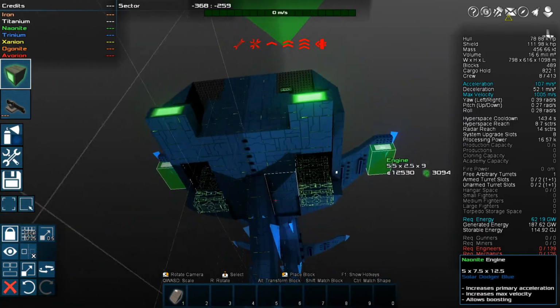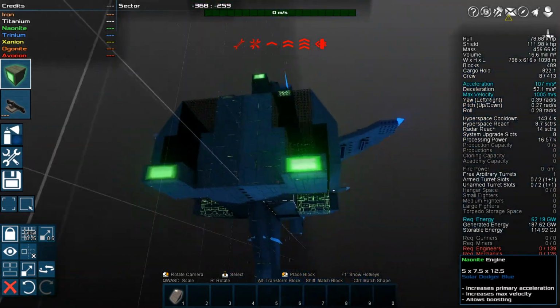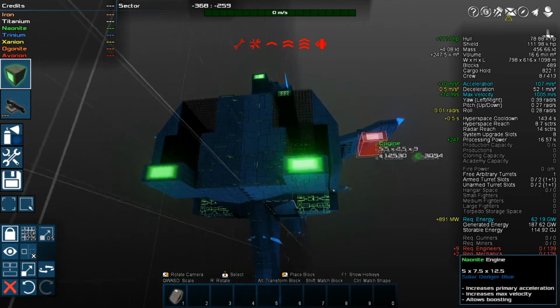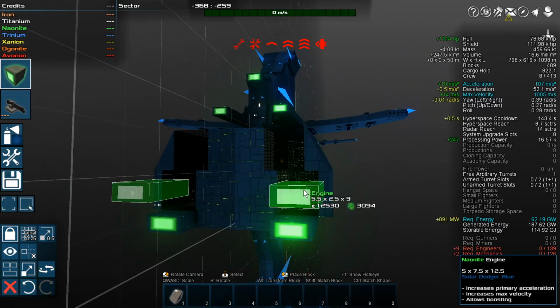Okay. I mean, we can leave those engines in there. There's no law that says they have to be exposed on the outside. Although I do like to see them on the outside. I mean, they look cooler, right? When they're on the outside. So maybe we could probably...